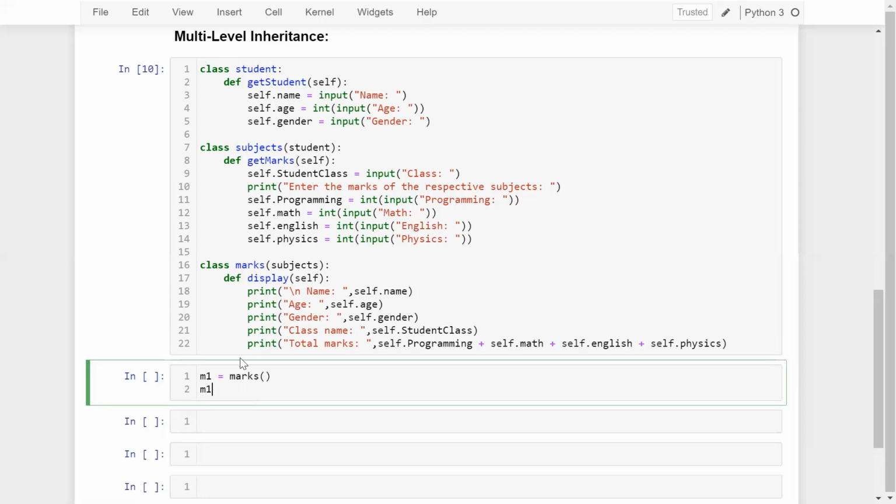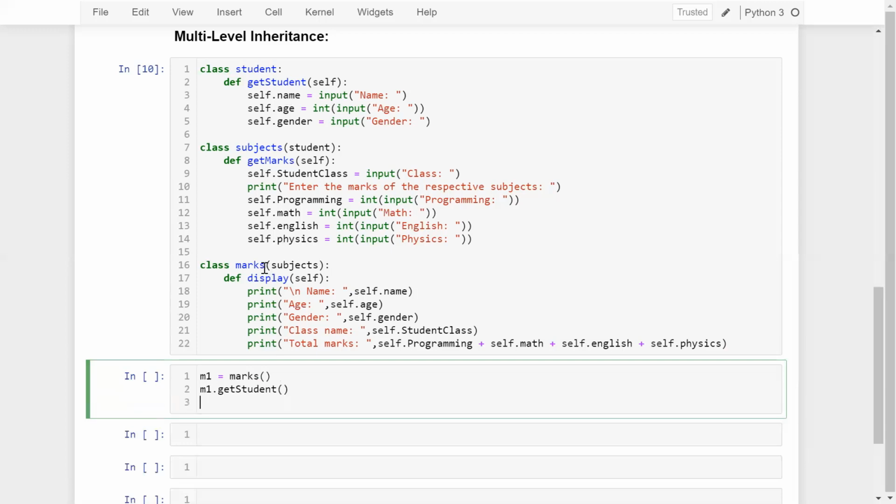So let's say m1 dot here get student, this one, because this class has all the features of subject and get students. So once you need any of the instance method, then you can easily call based on this class objects. And after that, I want to get the marks as well. So m1 dot get marks.